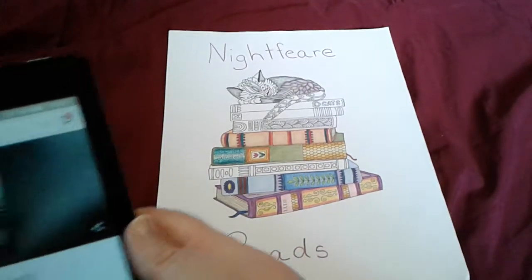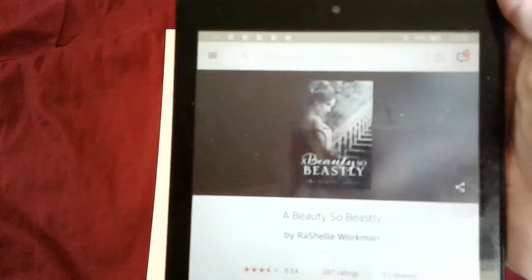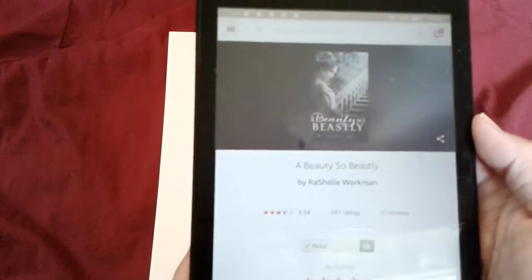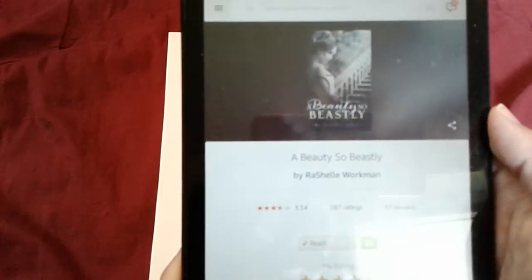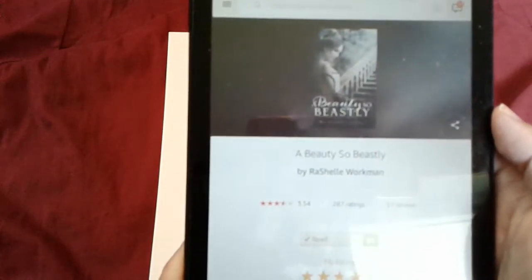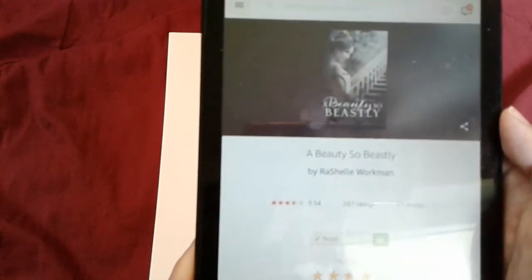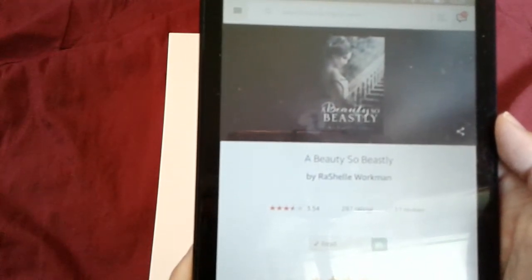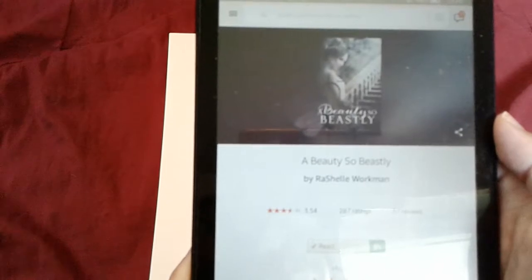Okay, so the next one I read is called A Beauty So Beastly. This was for the Retellathon, which I haven't done my wrap-up on because I've been slacking, because I'm a slacker. And this is by Rochelle Workman. This is about a girl who basically has had everything handed to her, and one day her parents disappear and things start changing. She starts craving raw meat, and then she accuses her servant of stealing something, and